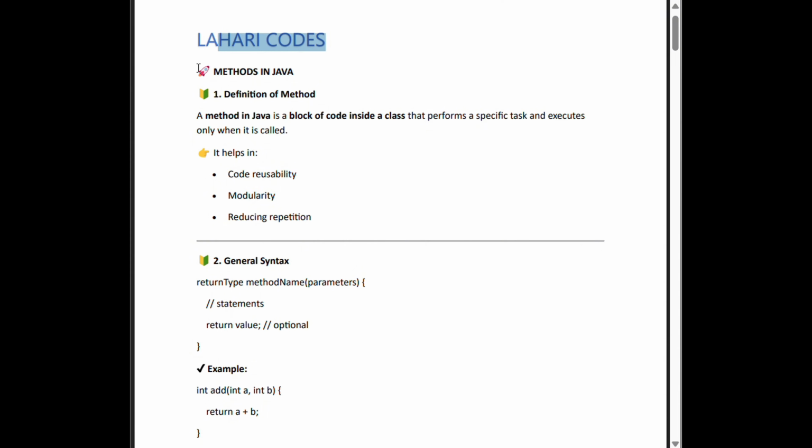Going to explain methods in Java, which is one of the most important concepts in programming. First, let me ask a simple question. What if you want to use the same code again and again? Instead of writing it multiple times, Java provides a solution called methods. A method in Java is a block of code inside a class that performs a specific task and executes only